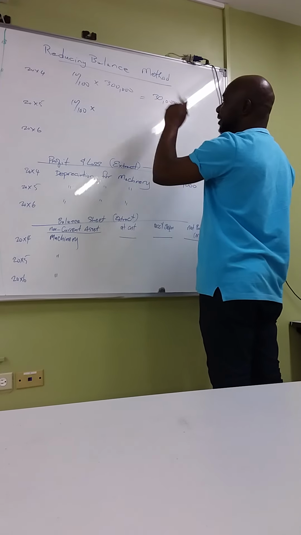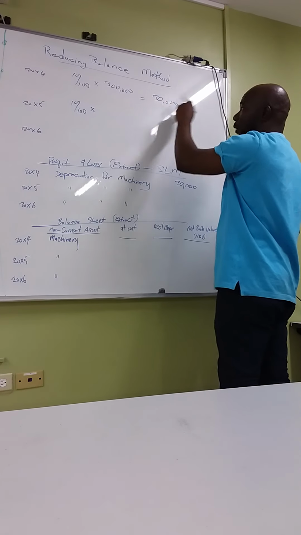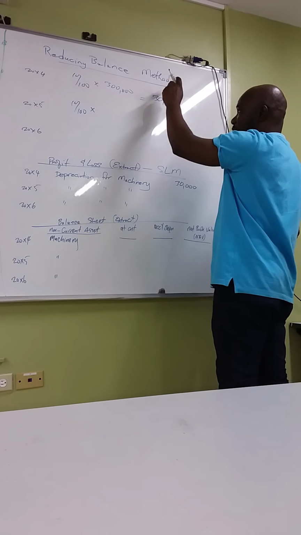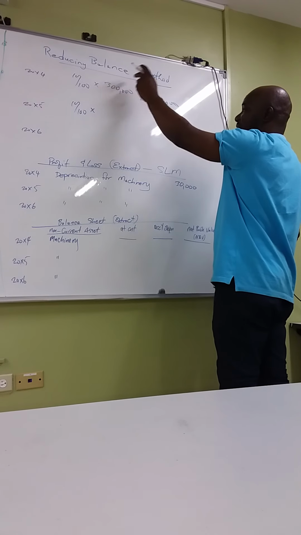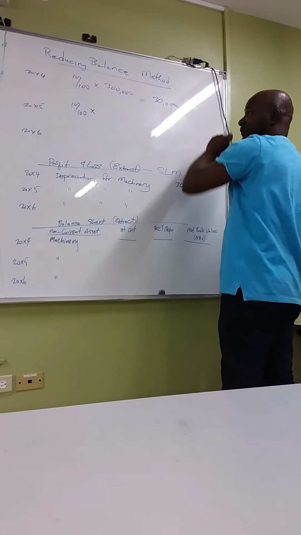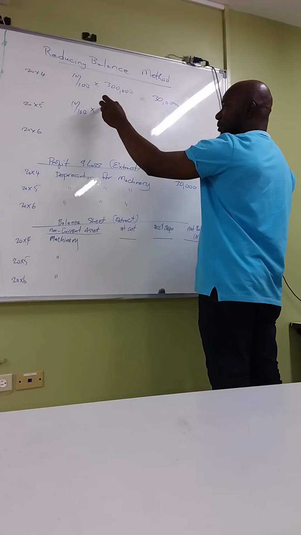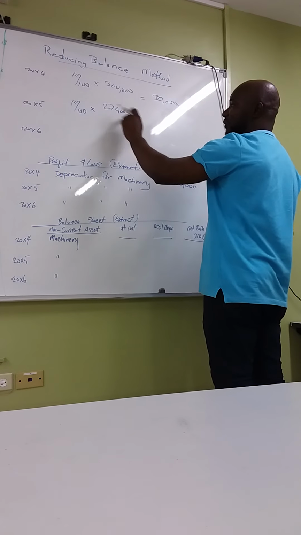So if the depreciation charge for the asset in 2004 was $30,000, meaning that wear and tear was $30,000, it therefore means that when you minus the wear and tear of $30,000 from the cost price of the asset, it will give you a net book value of what? 270,000. So at the start of 2005, your asset would be valued at what? 270,000, right? The net book value for your asset is